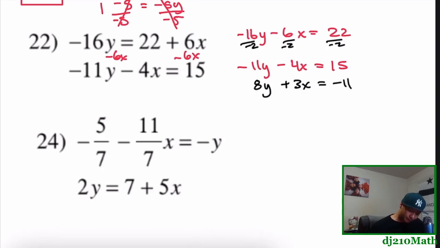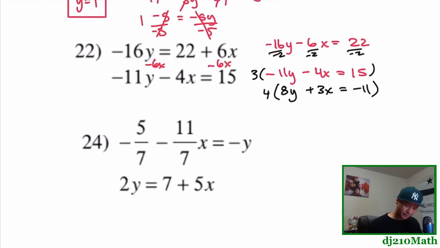Okay. So now, I'm not even going to think about it anymore. I'm just going to multiply the top by 3 and the bottom by 4. My train of thought is that I've looked at the x's. I've committed to working with the x's. And one's negative and one's positive already. That was the whole purpose of dividing everything by negative 2. And then you just hit the other equation with the other coefficient, right? So I hit the top with the bottom coefficient times 3, and I'm going to hit the bottom with the top coefficient times 4. And this will allow me to cancel out the